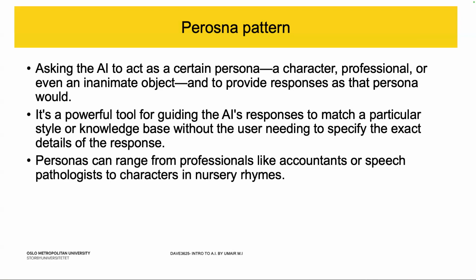Yeah, so personas can be anything. It can be an actual person or it can be an object. You can even tell the AI model to act like a PC or a Mac. You can tell the AI model to act like an actual human being, Edvard Munch or Einstein, for example, or you can tell it to be hypothetical and act as a stock market trader or a teacher, or act like a 5-year-old or act like a 30-year-old.